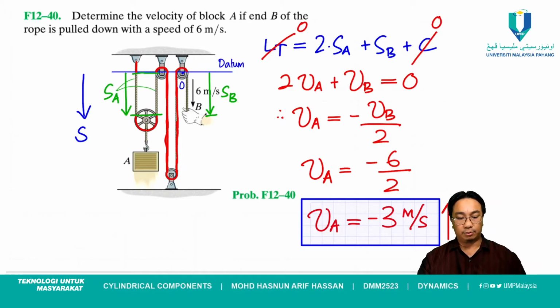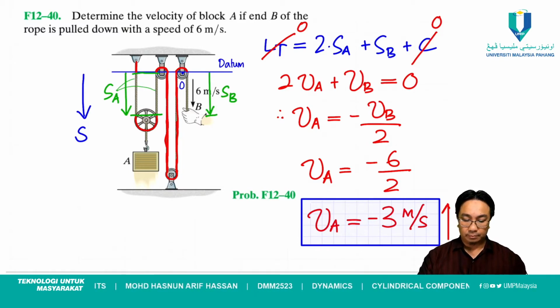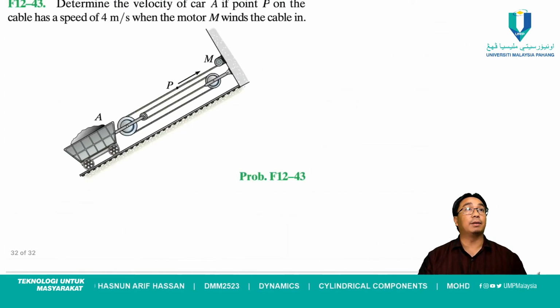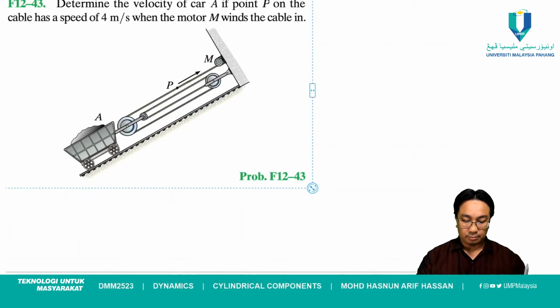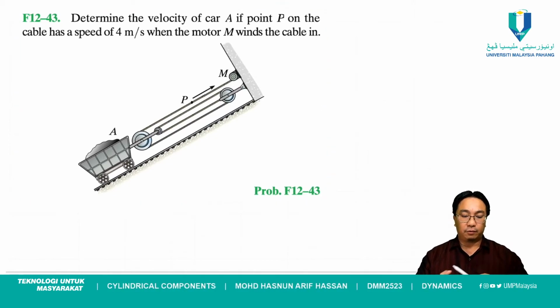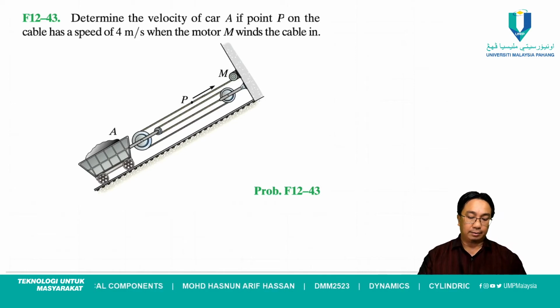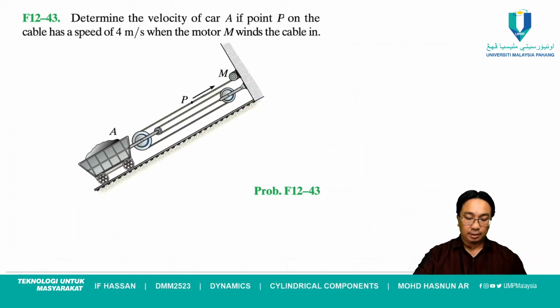Okay, let's look at one last example. Yang ni saya skip. Kita pergi ke yang ni terus. Okay, boleh nampak? Determine the velocity of car A. A ni ataupun the wagon ke apa yang bawa barang A ni,